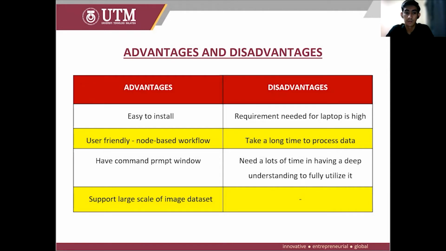The third advantage is the command prompt from Windows. The disadvantage is that it needs a lot of time to gain a deep understanding to fully utilize it. It generally means that the layout of MESHROOM is easy to use. With the command prompt, it is easy to command anything that you need, and all the functions in MESHROOM can easily be